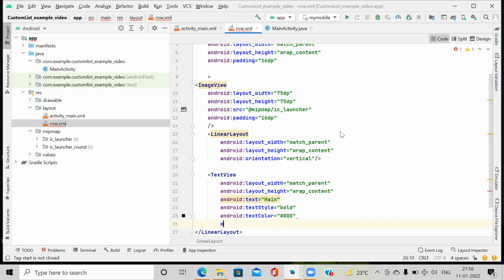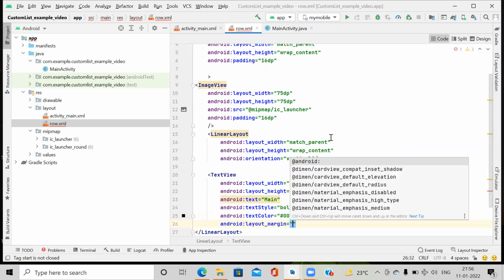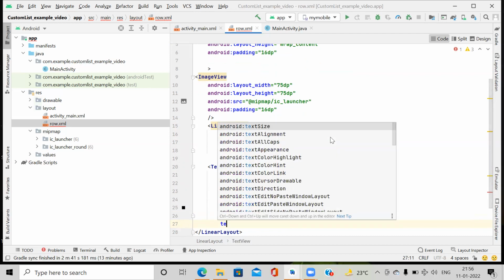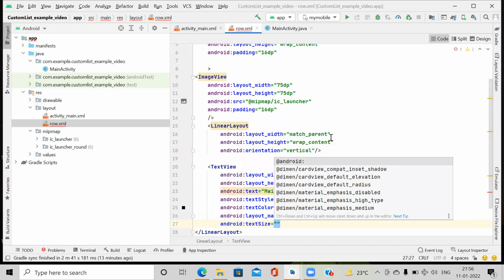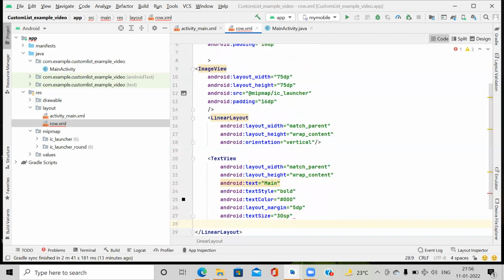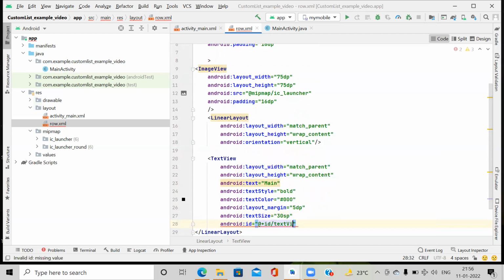Then we give some margin here, so it will keep some space between the image and the text. Here we give the margin as 5 dp. We give the text size 30 sp. And we give an id to it, id slash text view 1 or text view main.